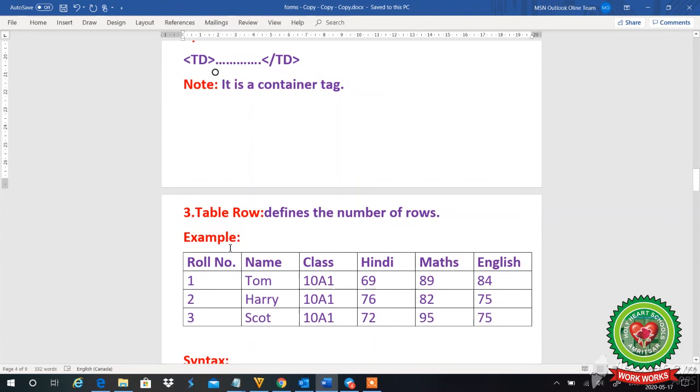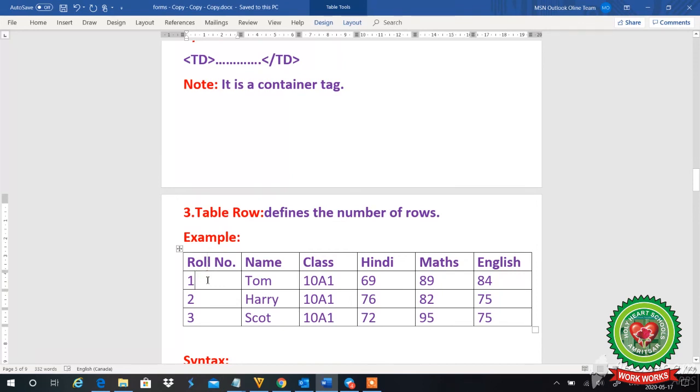Next element of the table is table row. What is the function of table row? Table row defines the number of rows. In the above example of the student table, this is my first row, second row, third row and fourth row. So in this example, I have a total of 4 rows.